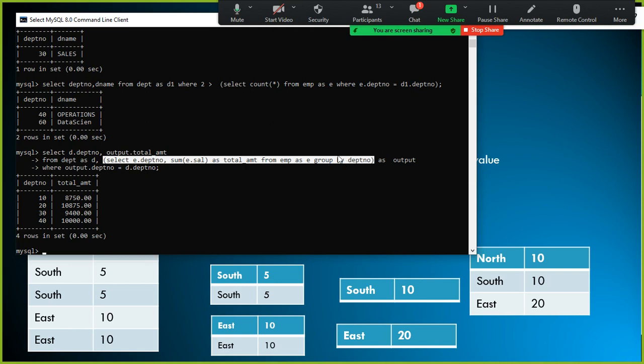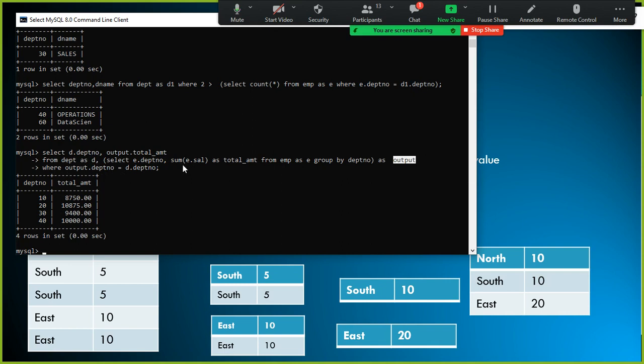You did some kind of aggregation, and the output of this one you named as output. You can give any alias name; here I have given output. So here I have output dot department number and output dot total amount. This output dot total amount will get passed here. But before passing it here, we need to join these two tables, the department number of this output with this one.